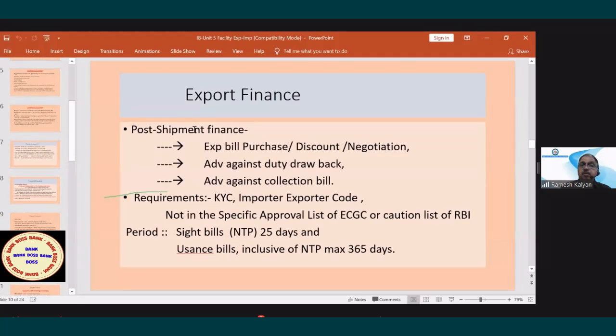Export finance, the pre-shipment part is over. Post-shipment is done after the shipment has taken place. Normally it will be purchase, discount and negotiation. What is a purchase? Sight bills or demand bills are purchased. Usance bills are discounted. Bills under LC are negotiated. This terminology is very important from the bank's point of view, because the security that you will take for a